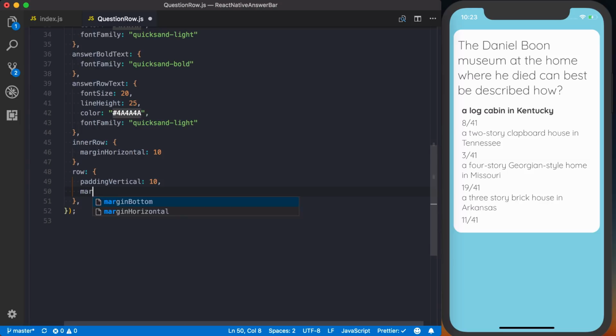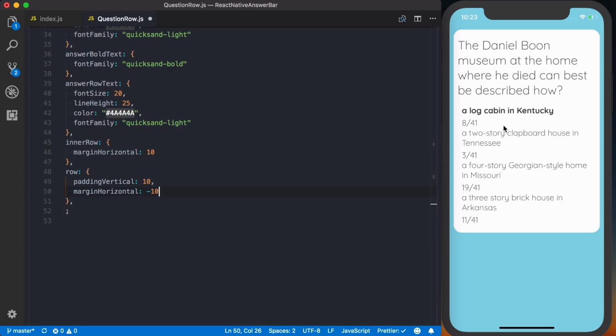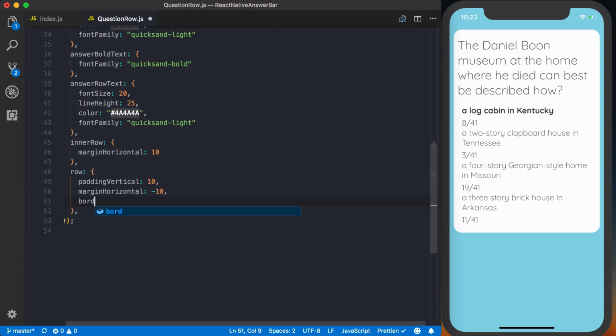We're also going to add a marginHorizontal of -10, and that's just going to help make sure we've got the biggest touchable area possible. So this is basically directly contradicting this one, just so our content is laid out correctly, but our button's as large as possible. I also want to add some borders to this, so I'm going to say